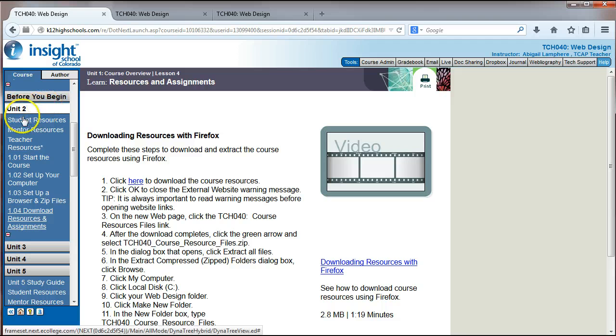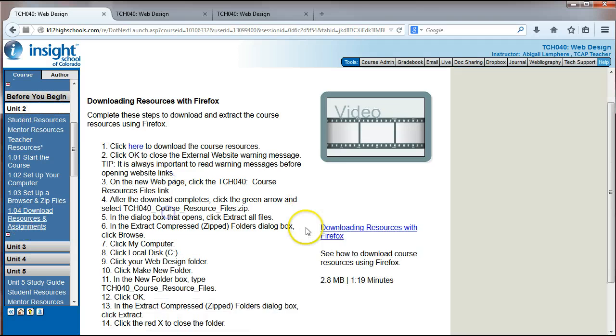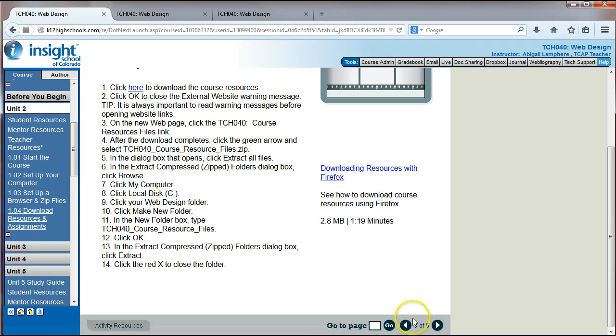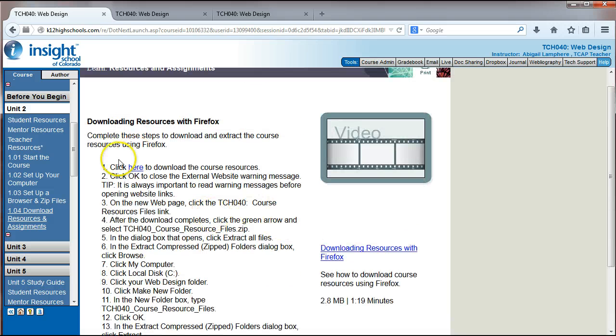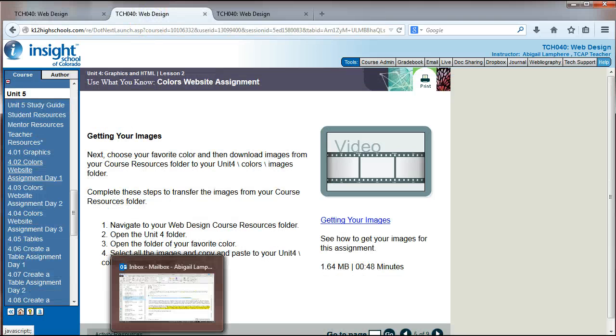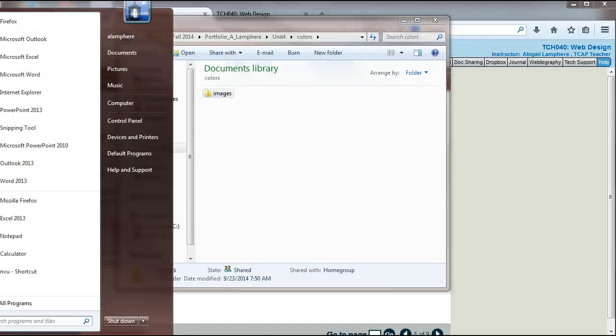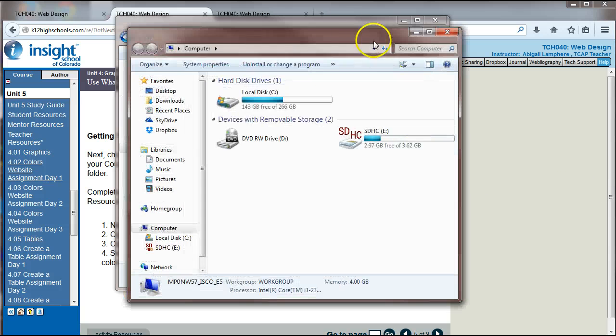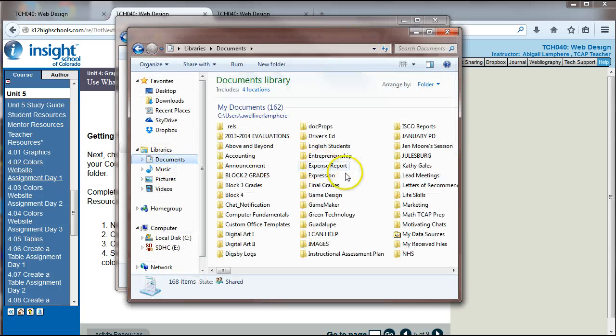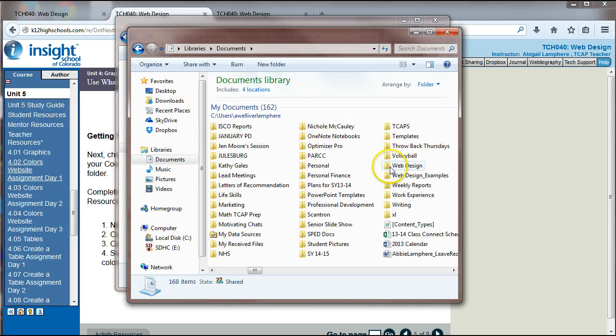If not, go back to Unit 2, download resources and assignments. Page 3 or 4, depending on which browser you're using. Page 3 is for Firefox, and then click here to download that resource folder. So I already have that downloaded, so I'm going to open up those folders and make the transfer here. So I'm going to go find that resources folder,